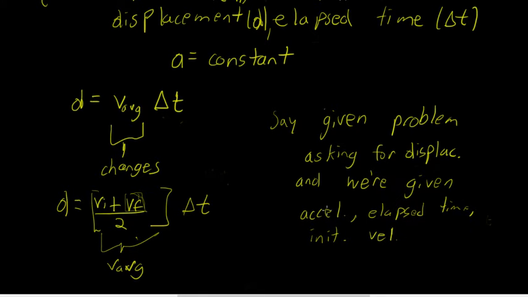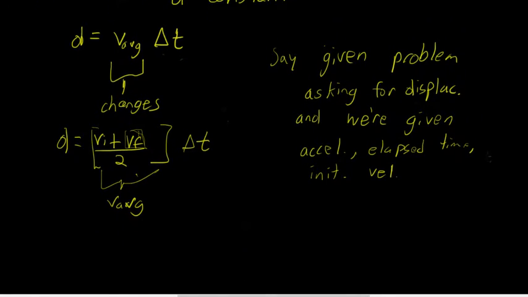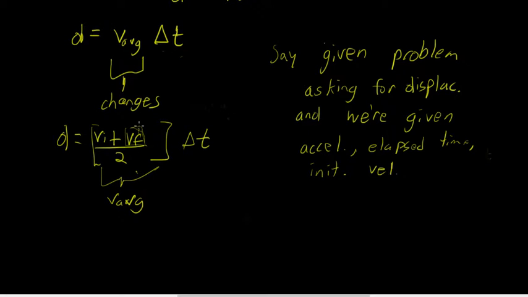Just those 3 quantities. But we're not given the final velocity, and we're asked for displacement. So we're going to have to find a formula that relates displacement, initial velocity, acceleration, and time, and takes out this final velocity. We know that final velocity